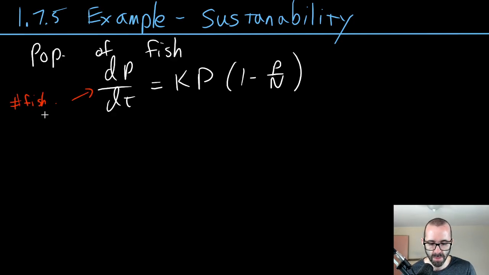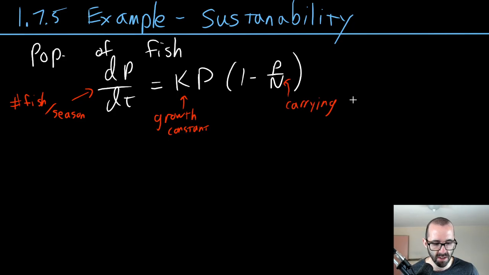And here our independent variable is going to be season. So we're not going to be looking at days or years or whatever. It's per season, which I guess is kind of years. And then here, this is our growth constant. P is the population of fish. N is that carrying capacity. So lots of parameters. Or at least two parameters. K and N. We're going to add a third parameter actually,